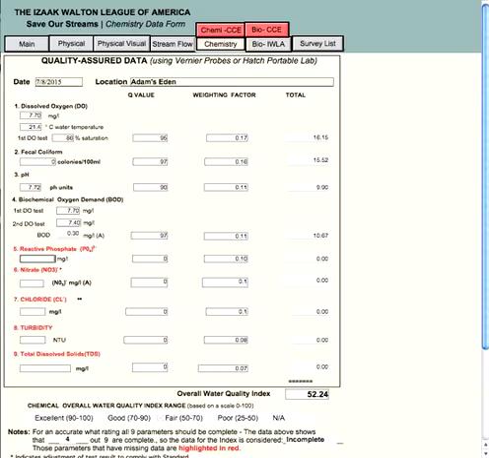As I do each of these examples, notice how we can see what has been completed by the color changing over. Oh, and you can see the reactive phosphate has not changed yet because we still need to get the